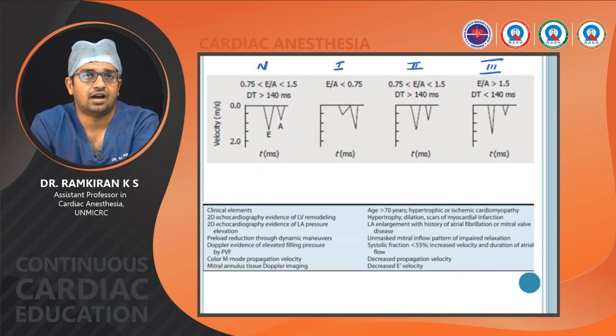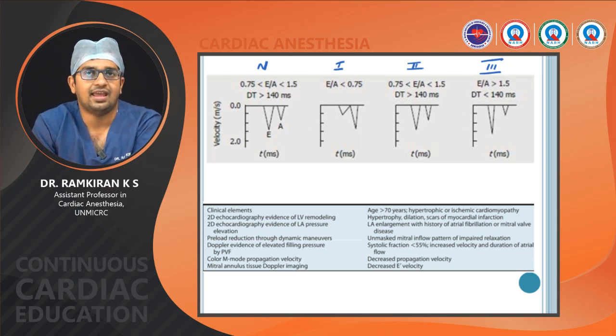So if you see the normal phase, stage 1, stage 2 and stage 3 of diastolic dysfunction, in the normal pattern the E wave is more than the A wave, whereas in stage 1, where there is impaired relaxation, the E wave looks smaller than the A wave, but there is an increase in deceleration time. Coming to stage 2, here this picture is similar to the normal phase. The E wave is greater than A, and the deceleration time is also more than 140